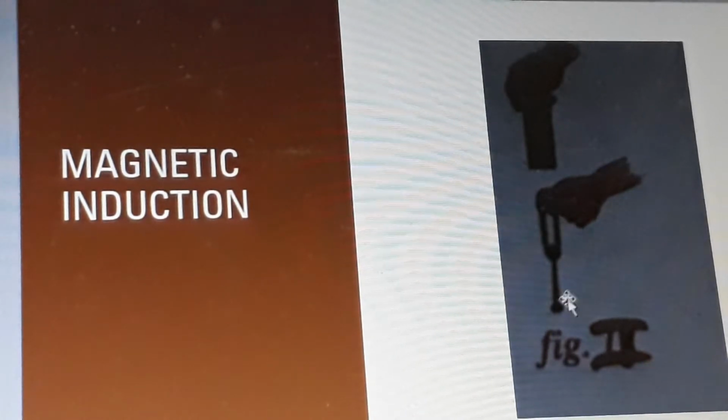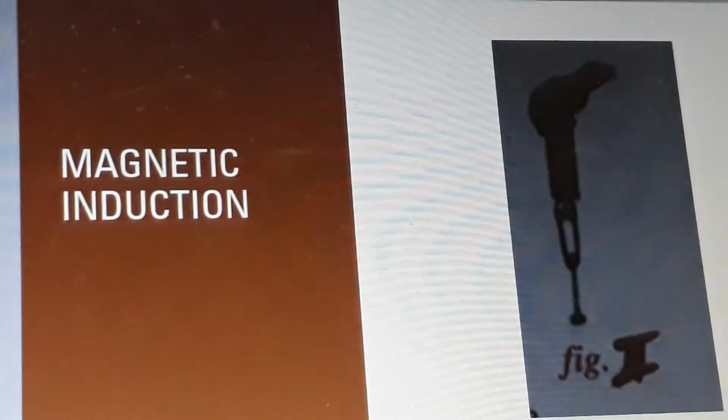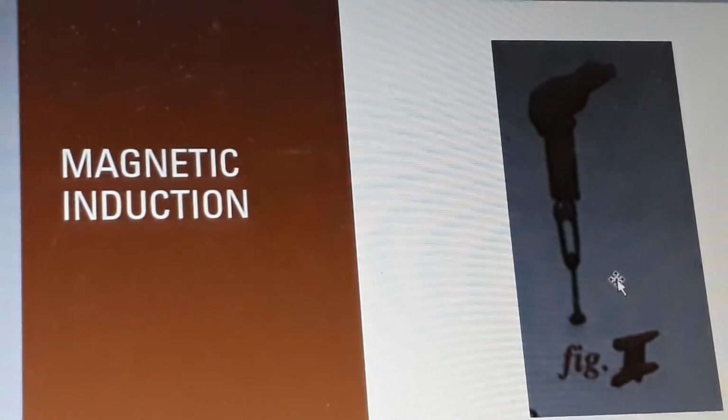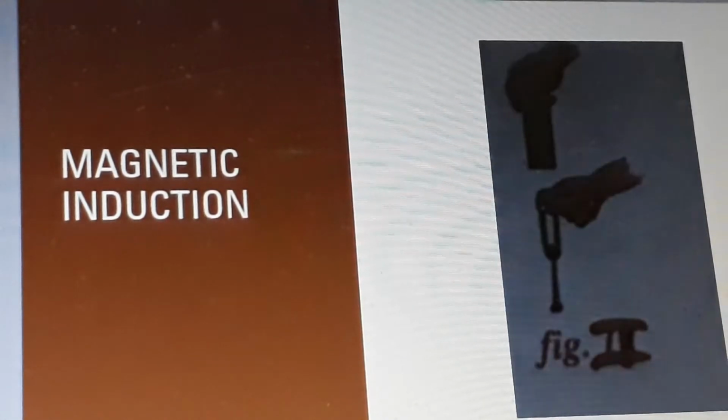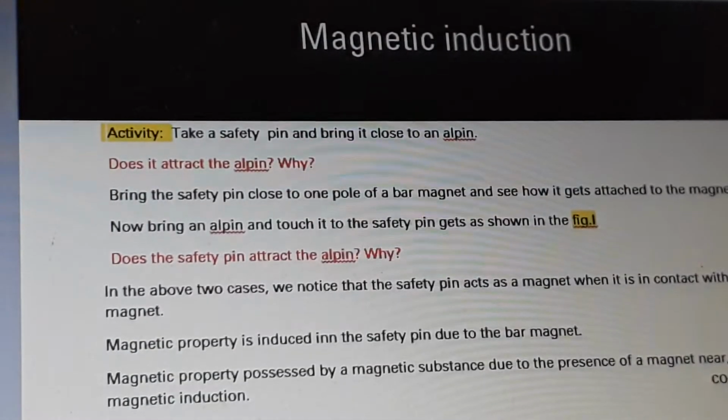This is an all pin. What do you observe? Touch the magnet without touching. Okay, next I will start the activity.